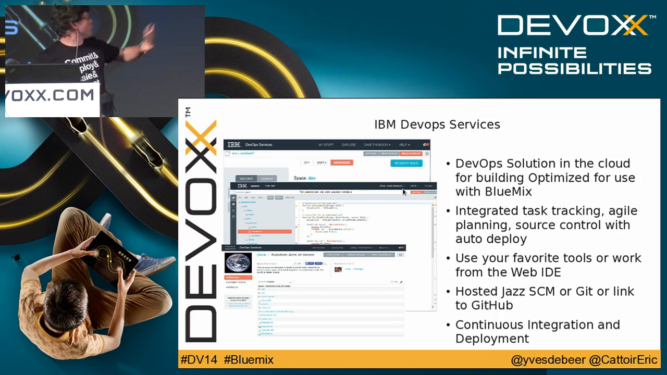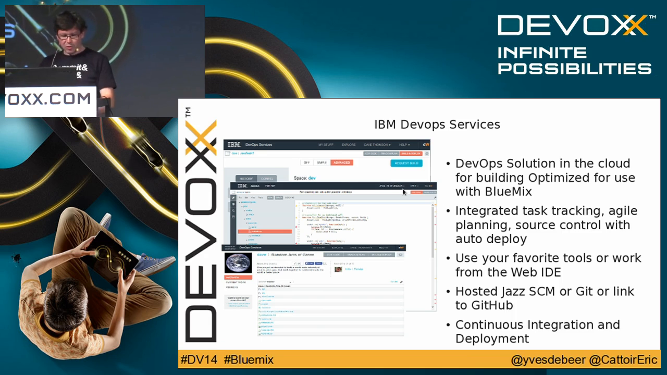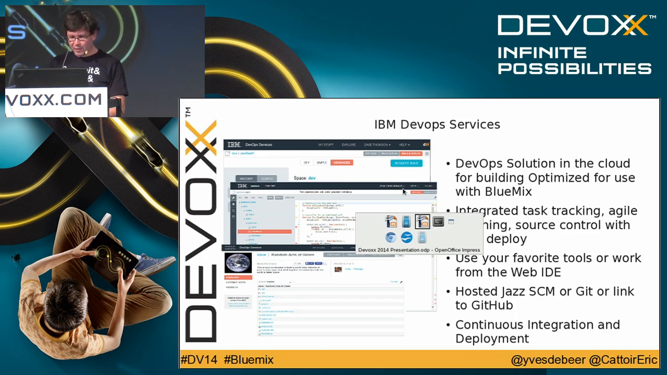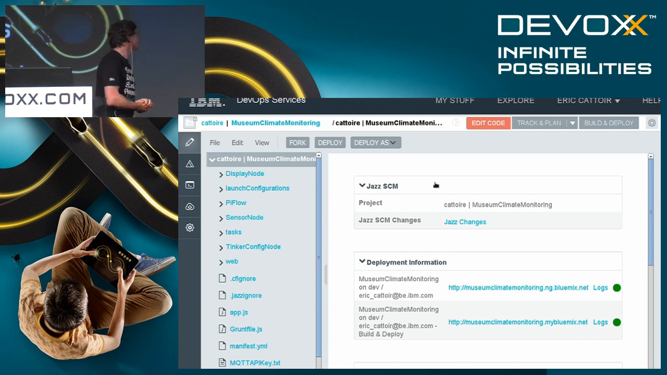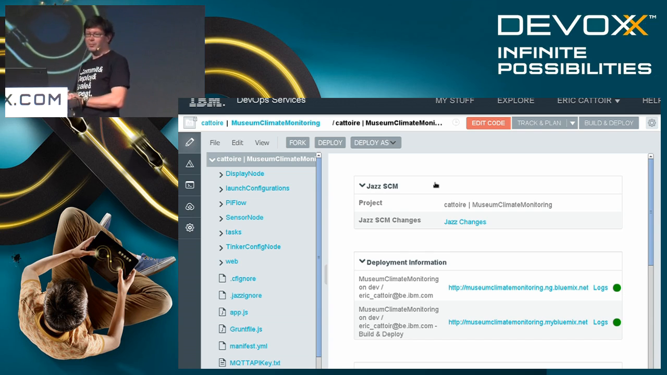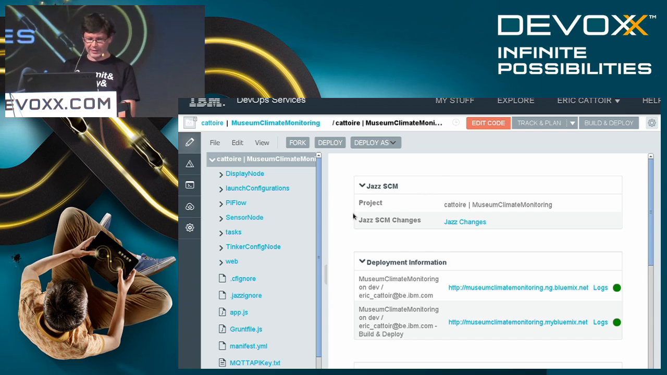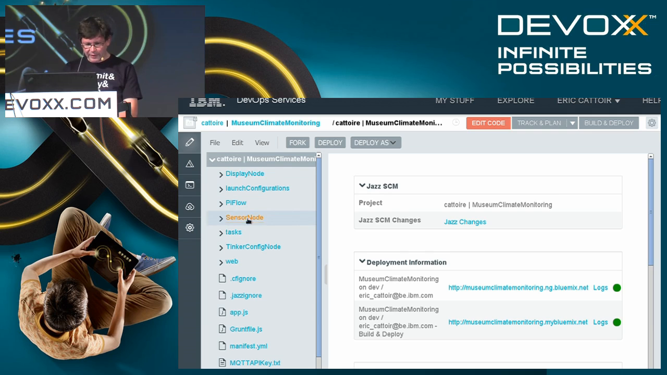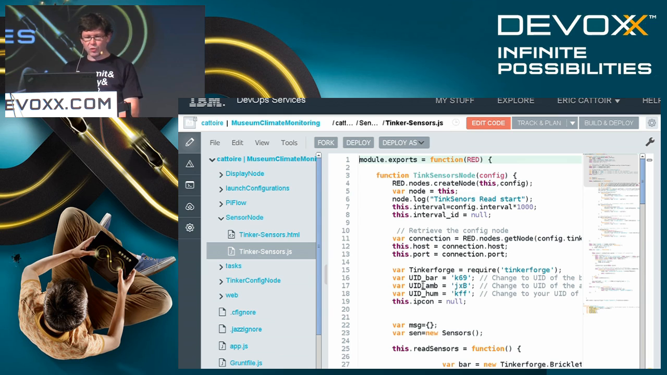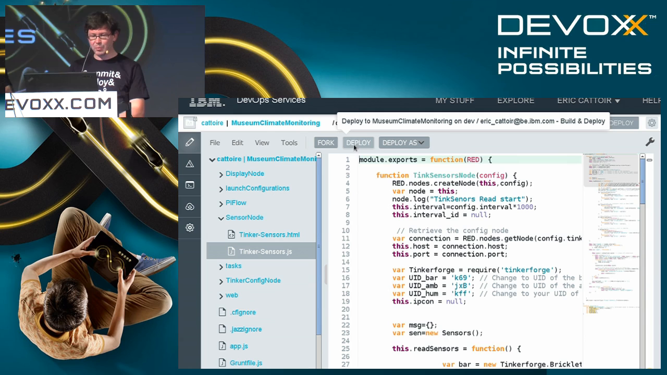Instead of looking at the slides with the screenshots, I'm just going to quickly show you this environment. So I'm going to my browser. Here I have this environment with my project, my museum climate monitoring project. I can look at the various pieces of code that I've been building. Let me take some JavaScript code. I could edit all the code. I also have all the tools here to see whether I made some changes, and check in the changes. I can deploy from here